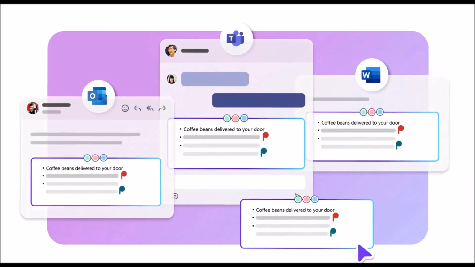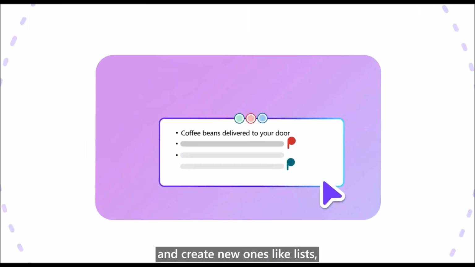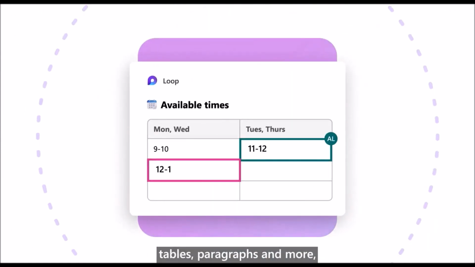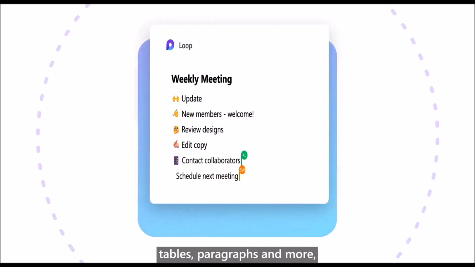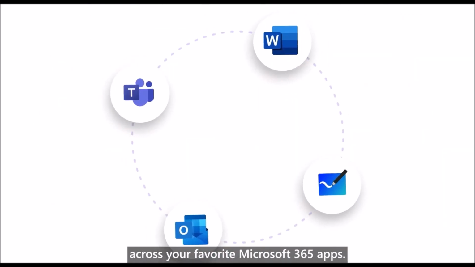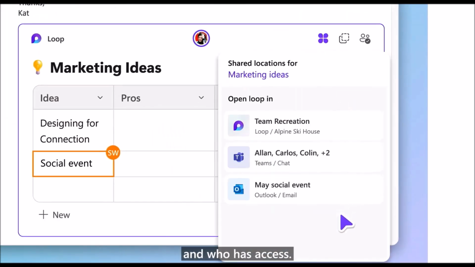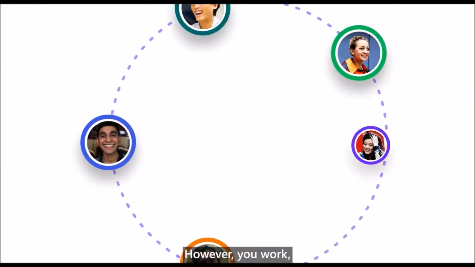where they are updated. You can share components and create new ones, like lists, tables, paragraphs, and more, across your favorite Microsoft 365 apps. You're always in control because it's easy to see where components were shared and who has access. However you work, wherever you work,